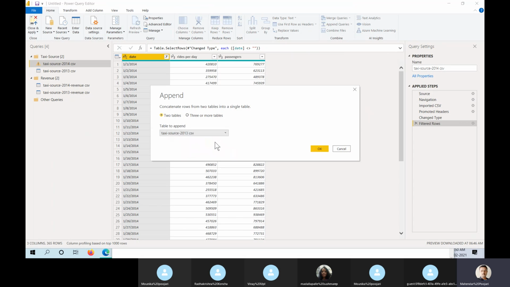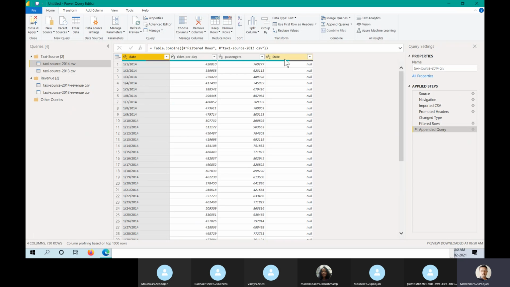If I choose this, now see what will come. It will come with one extra column. See, date. Okay, all nulls are coming because Power BI is understanding this as a different column, but actually this is not a different column. This is the same column. See nulls. Here you have nulls, because wherever this data is there, then nulls. So that is the reason it created it.